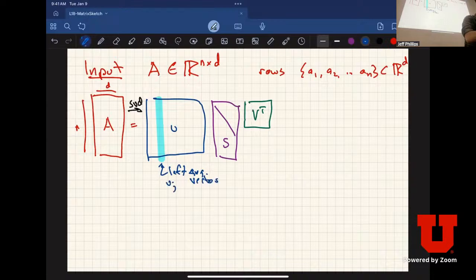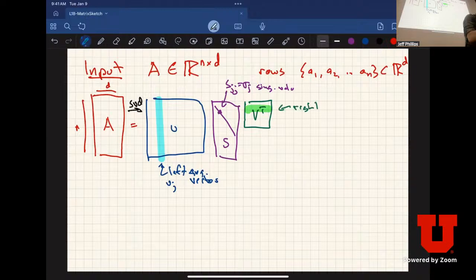We'll call it uj. The value here, sjj, sigma j, is going to be the singular value. And then the row of V transpose, which would be the column of V, is going to be,